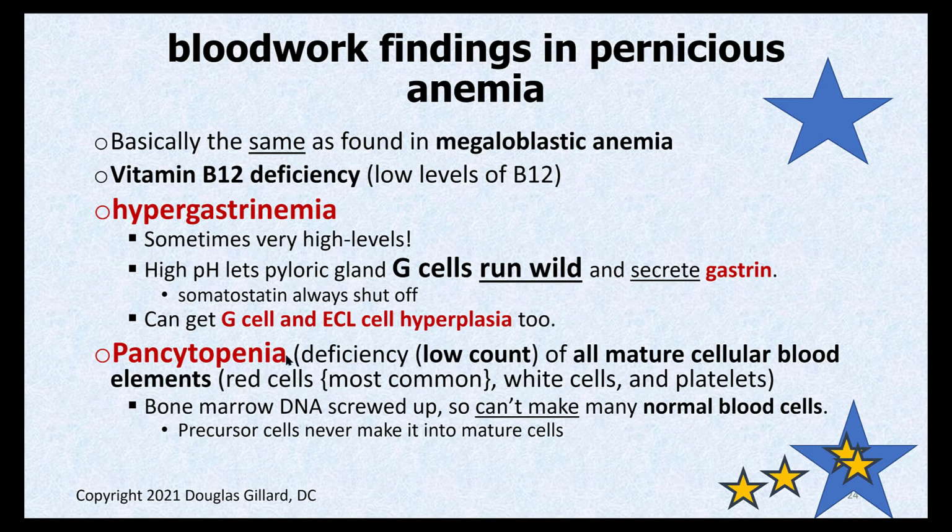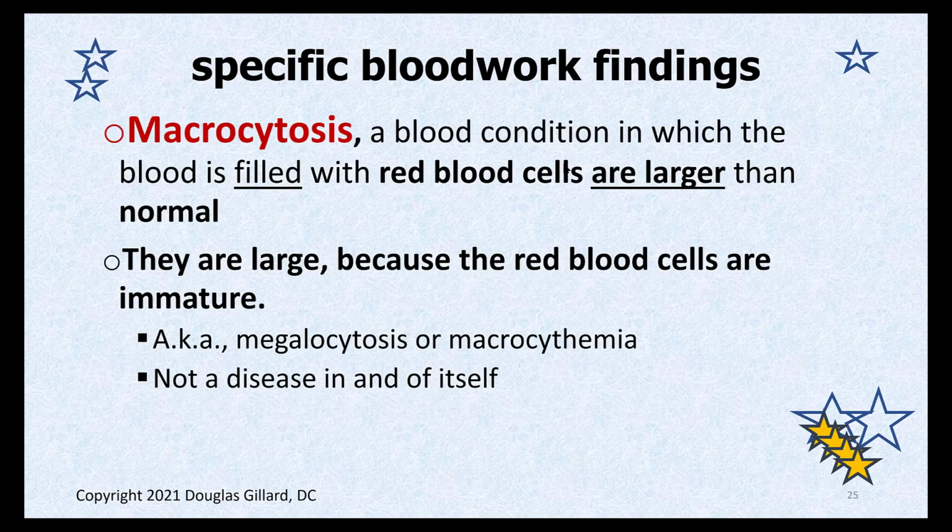So pancytopenia. So pan, what does pan mean? That means everything. That's like full thickness, pan inflammation. Cytopenia means little. So all the mature cellular elements of blood, especially red blood cells, will be low in the bloodstream. The bone marrow will be messed up as well. That's the first place we can see where this condition is taking root here.